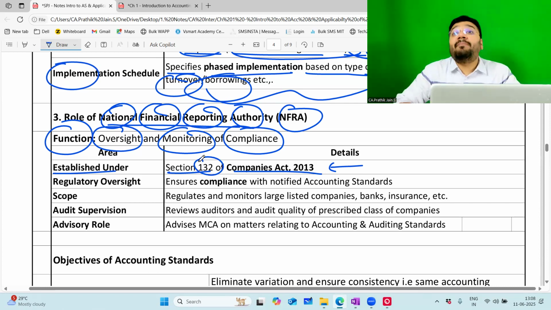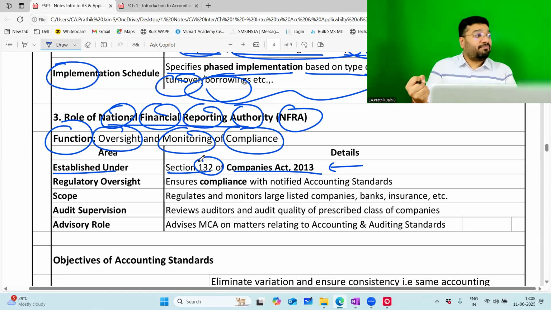This is a body independent of ICAI. Because ICAI had an independent authority in the CA field, in the accounting standard field, the government felt they were exploiting the powerful situation, the power that ICAI has got. At one point, the government felt that ICAI was exploiting their power and trying to be unreasonable in certain places. So what they did is, they created NFRA, which is again a constituency of the CA, with more professionals coming into the picture who are questioning ICAI at every step.